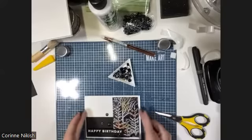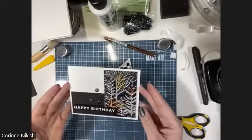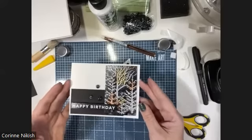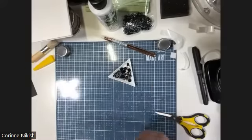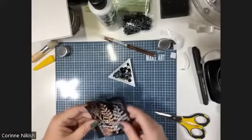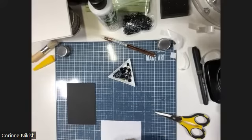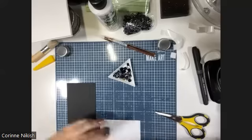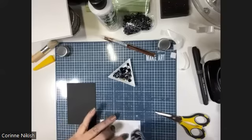Okay, so that's the first card. Nice little happy birthday. It looks quite nice. I like that different orientation to it. So for this one, I'm going to keep it a little simpler. Well, the first one was quite simple as well, but I'm just going to stick this one onto